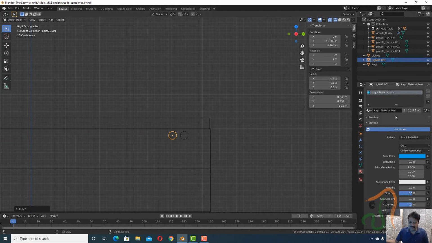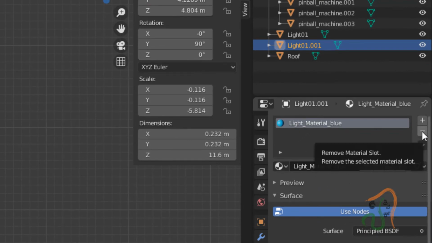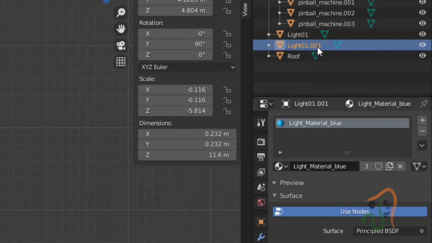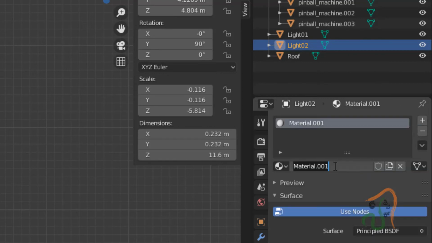Select the second light and let us change its material. So instead of the light material blue, for the second light, let us name this light 2. Double click it here and name it light 2, and here let us remove this material and add a new material and give it the name light material.